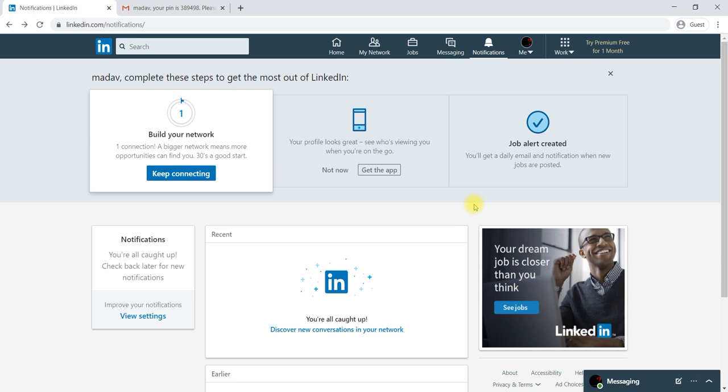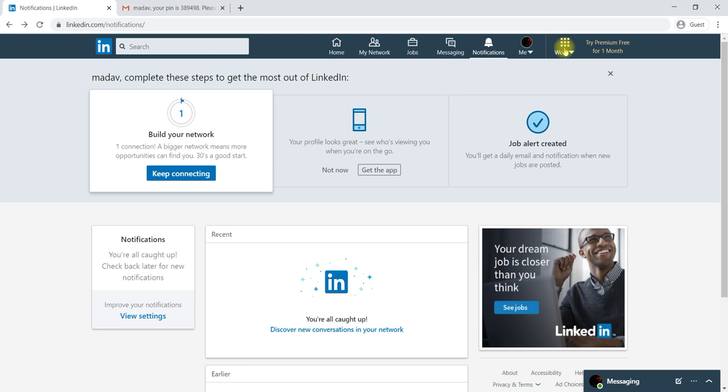For example, you are running a business or working somewhere, and they are running a business. If they don't have a company profile, how do we create a company profile? By using a LinkedIn personal profile. It will be similar to Facebook: you first create a Facebook profile, and within it you create a company page, right? Similarly, here also you need to create a company page.